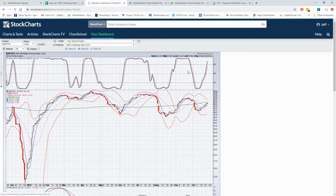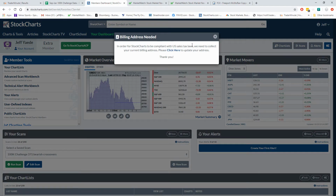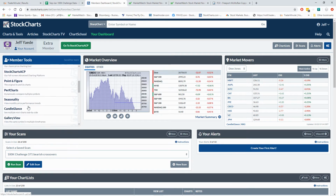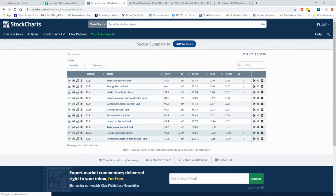If we look at the sector breakdown here of, let's see here. Okay, I'll deal with that later. If we take a look at just the thought process here, the stocks that are moving today, the sectors that are on the move, and what is happening. We have yesterday's laggard, materials, leading today, energy up, healthcare, communications, consumer staples, right? We have tech on the bottom along with consumer discretionary. Both of them had earnings elements that put them into this area, but in all, we're not seeing a major